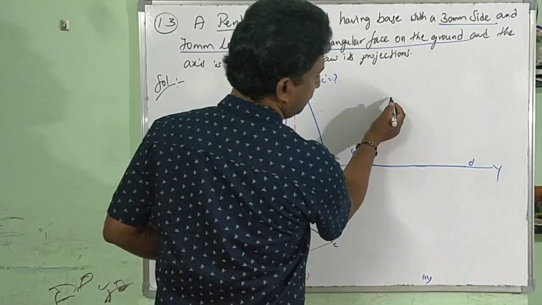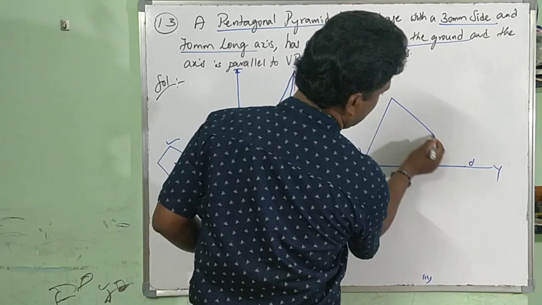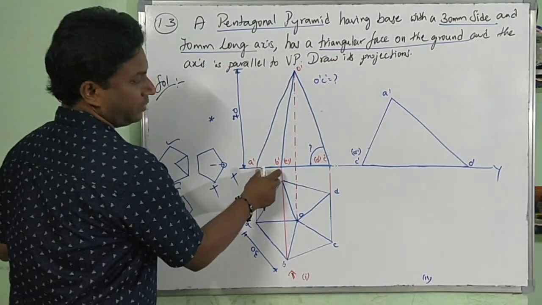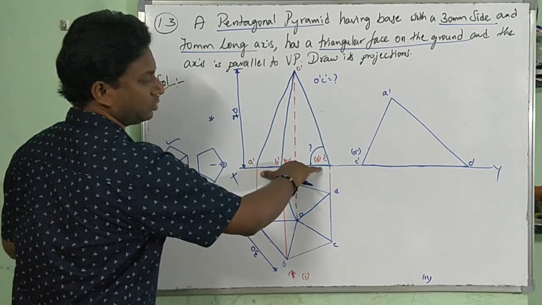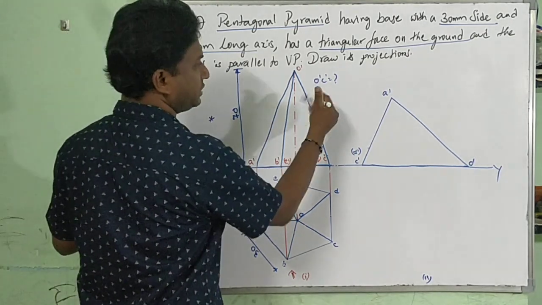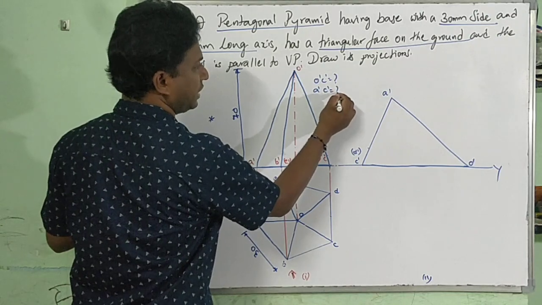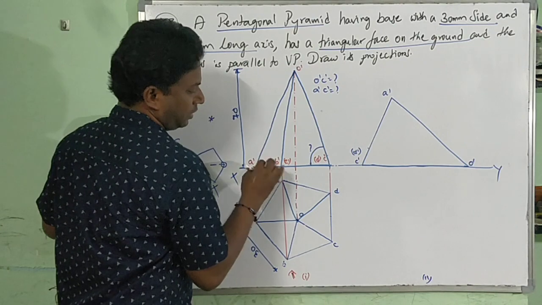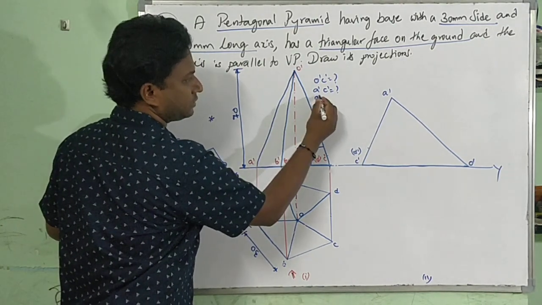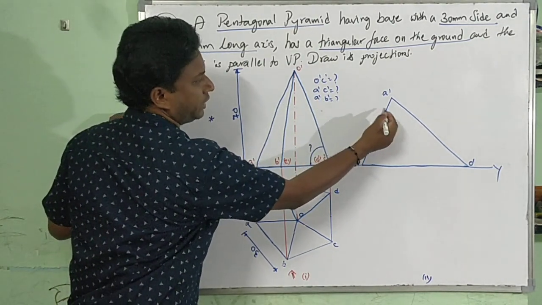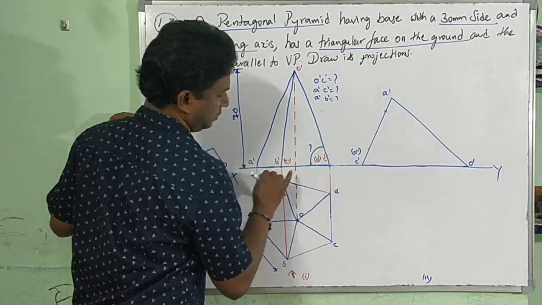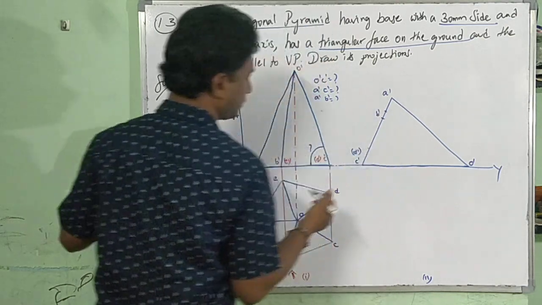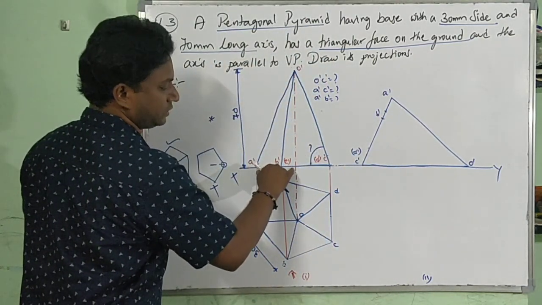Now you see, if you try to close it here, this becomes A dash. The length is not known; this length you have to measure. What is this? The A dash, C dash length. That also has to be measured and drawn. Now measure this, A dash, B dash. Cut it here. The axis line also has to be measured.